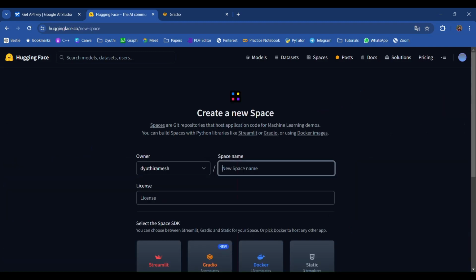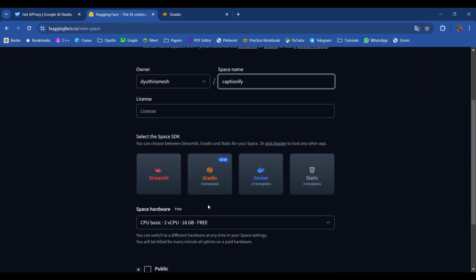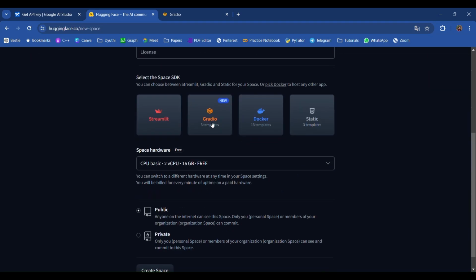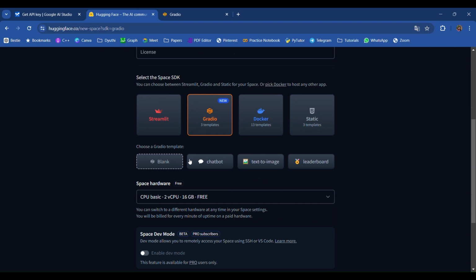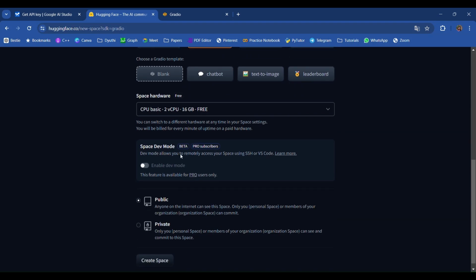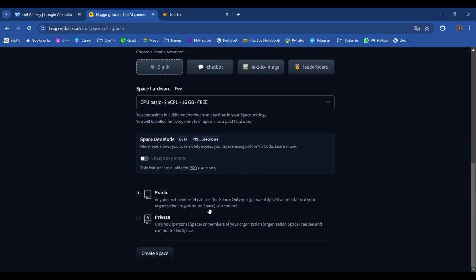Okay, so now give a space name. I'm going to give Captionify because that's the name of my app. You don't have to specify a license. Here please give Gradio because we have made use of Gradio. If you have made use of Streamlit, you can use that. I'm going to go with blank, leave everything else as it is by default, and I'm going to create this